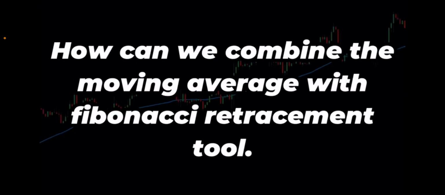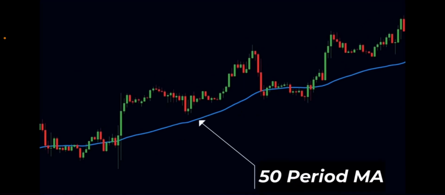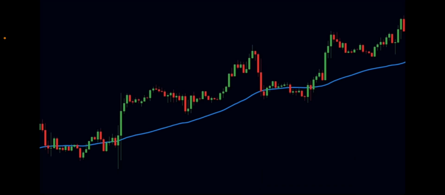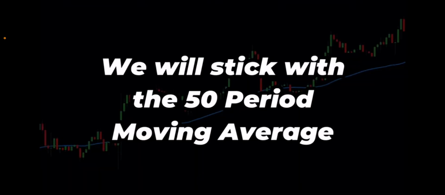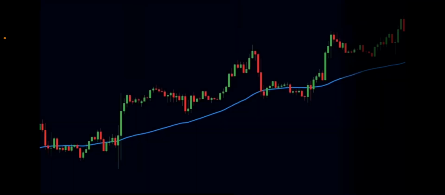Now let's see how we can combine the moving average with the Fibonacci retracement tool. Look at this chart. Here, the blue line is a simple 50-period moving average. We can use different moving averages for different trends, but for the sake of this video, we will stick to the 50-period moving average. So, here we see that the price has been trading above the 50 moving average for the most part. The moving average is also sloped upwards. This shows that the price is in a strong uptrend. Now, our goal is to trade in the direction of the trend,